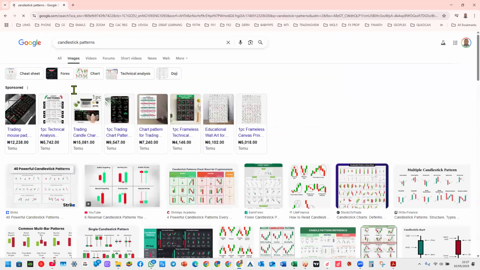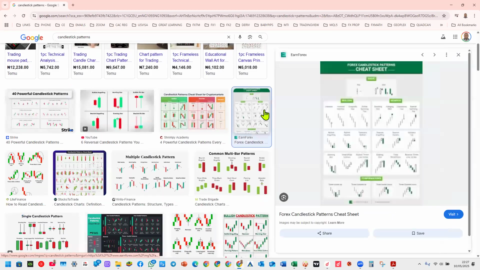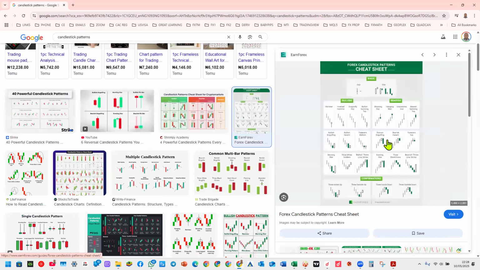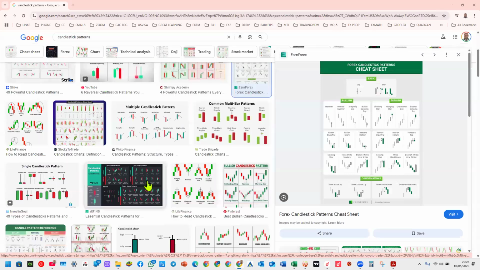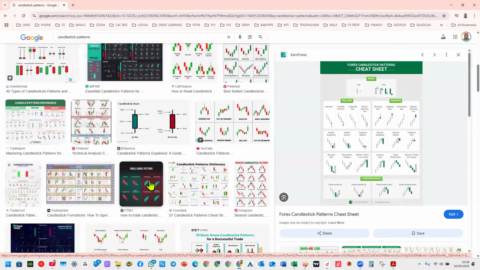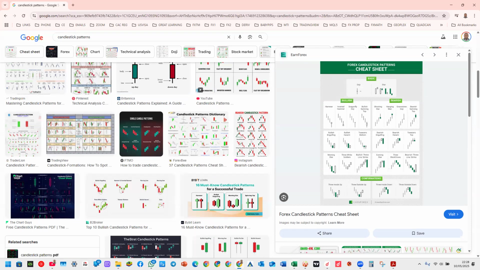So these are different candlestick patterns. They have so many. So you take your time, just play with them, fumble with them, try to understand them. But then, very importantly,